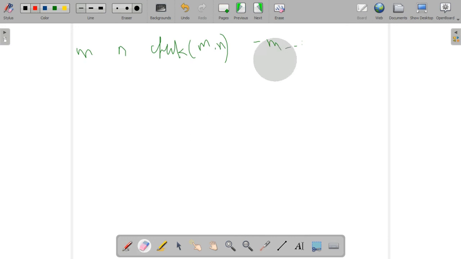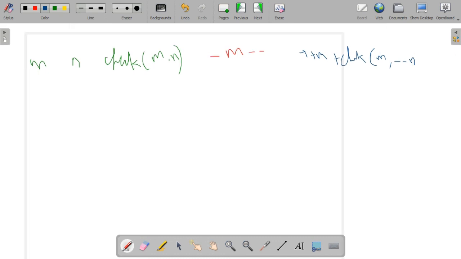Let's write in the red color. Okay, if condition: minus m minus minus, this is the base case. Else, recursive part. What is the recursive part? Plus plus m plus check of m, comma minus minus n.